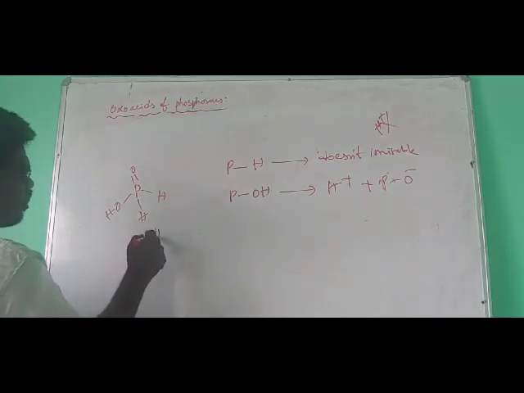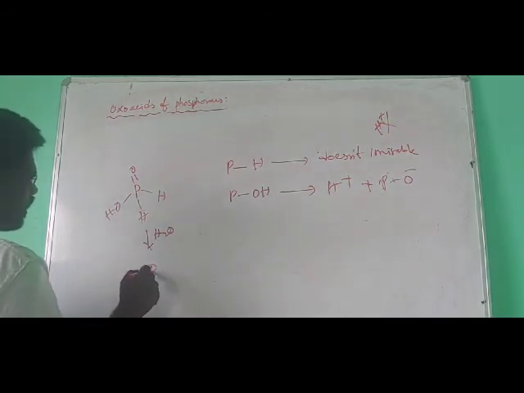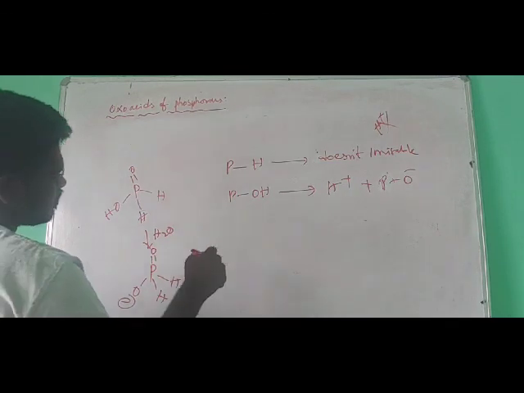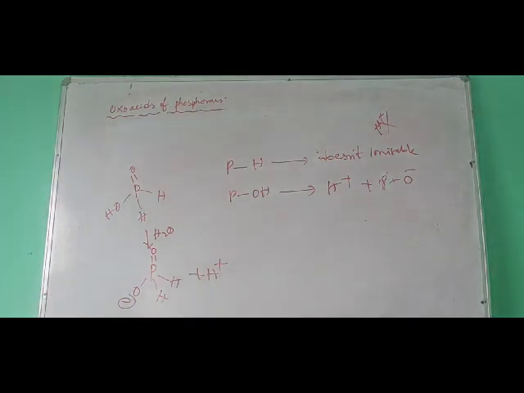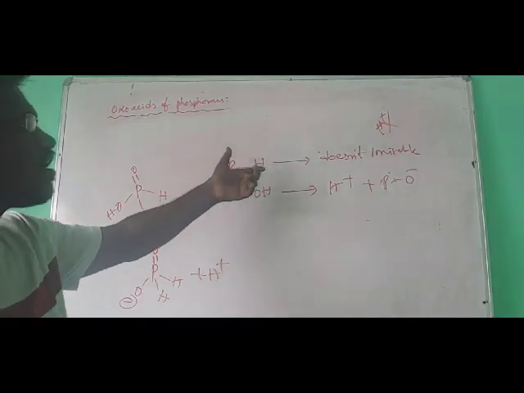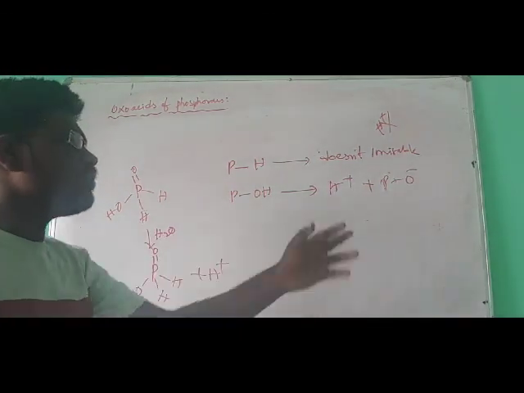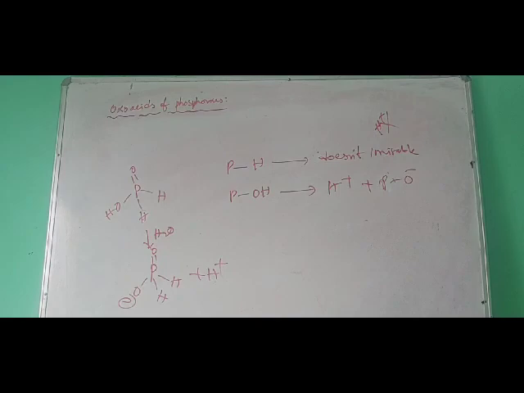So when you dissolve this one in water, we can get P double bond O minus, H plus, H plus. Right? So these PH bonds are not ionizable, guys. Only POH bonds are ionizable and give H plus ions. So right, guys, this is